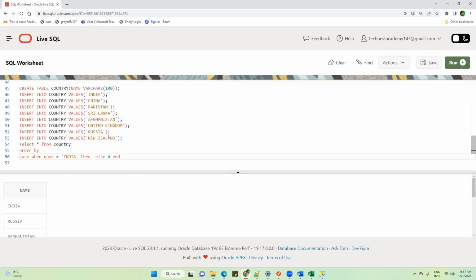Now, I am proceeding further with the assumption that whatever I have taught so far is clear to you all, right? Now, don't be in a hurry. Take your time. Think over this, then tell me the output. What will be the output of this query? India will be on the top. India will be on the bottom, because the ASCII value of capital A will be lower than the small letters. Any other thought?